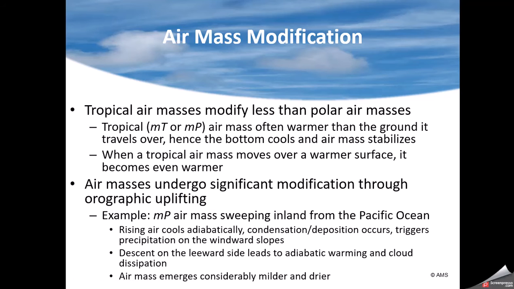One thing to think about too on air masses, think about a hot air mass and moist traveling over land. Well, if it's over bare ground, it's still going to stay fairly warm. It just might not have as much moisture with it. But we already know that air masses that develop over Canada, where there's a lot of snow cover in the wintertime, when they move over the bare ground, they modify very quickly. So continental polar air masses are going to modify much faster than maritime air masses or tropical air masses.